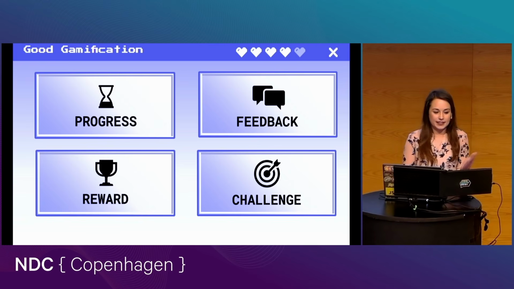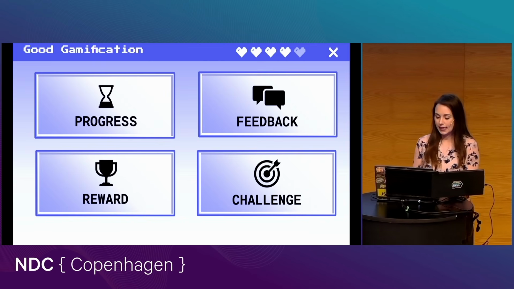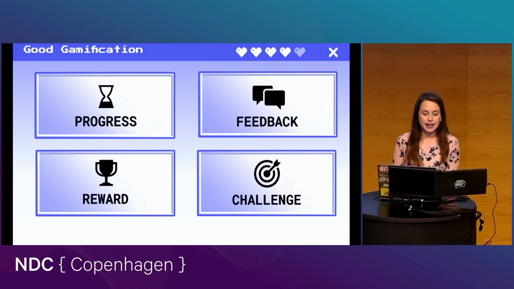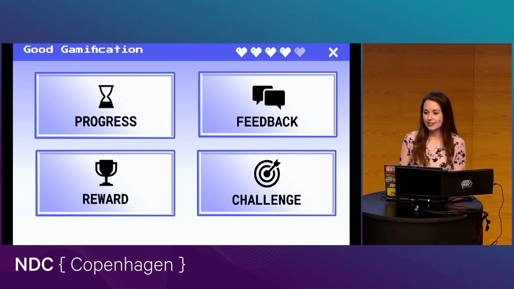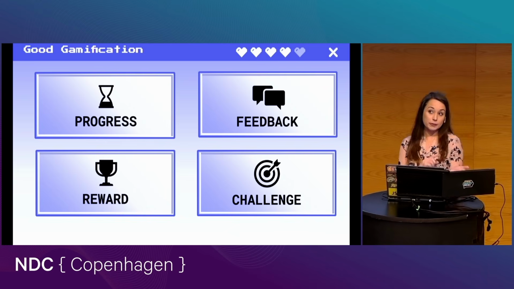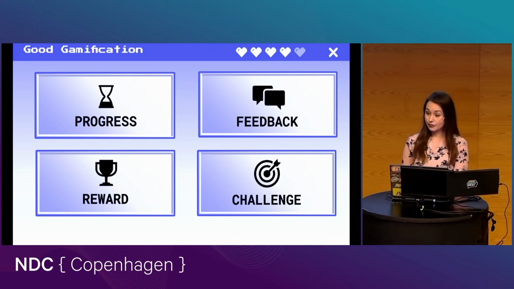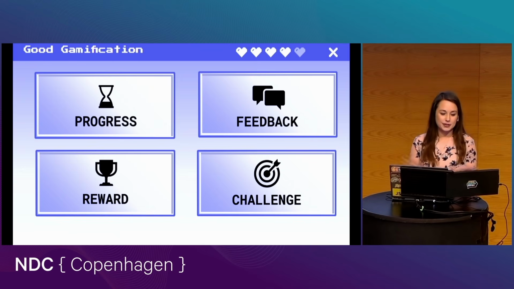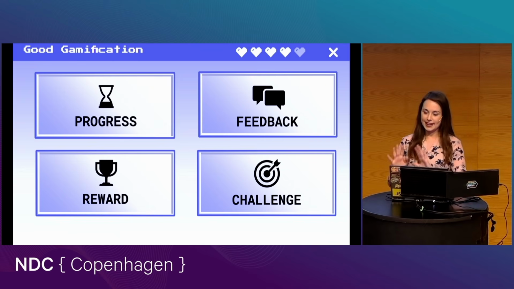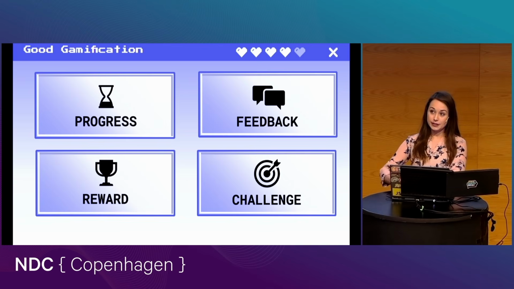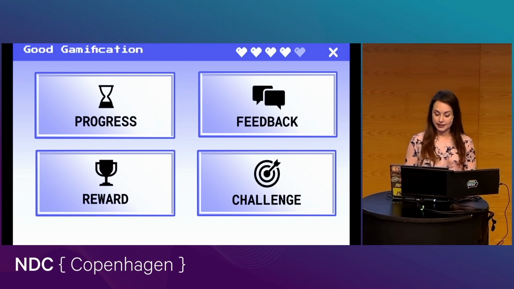You're not gonna want to keep working on something if, say, maybe you're not being challenged enough. Or it could be the opposite effect too. If something is too difficult, potentially you're gonna want to quit. So you want to keep the pacing nice and cater to the user's actual experience.